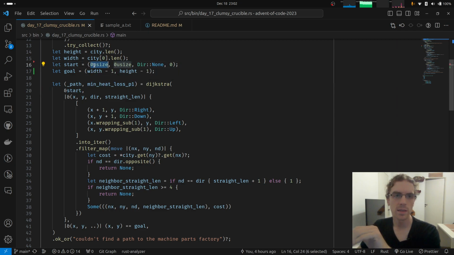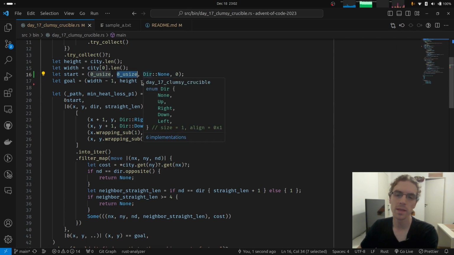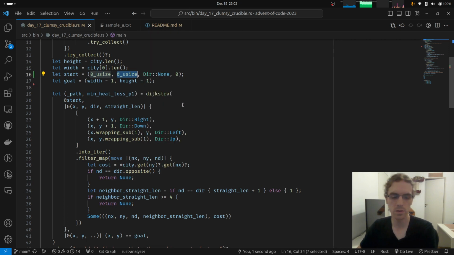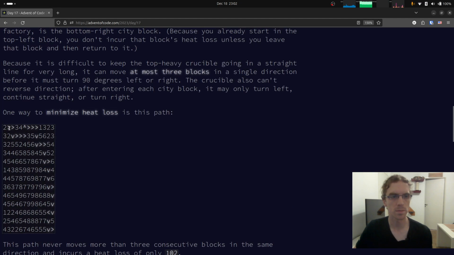They could be just a position, like X and Y position. I want to get rid of this usize declaration here, but let's keep it. This is an XY position. But for my case, I also need the nodes to have a direction, because it's important which direction you are coming from.